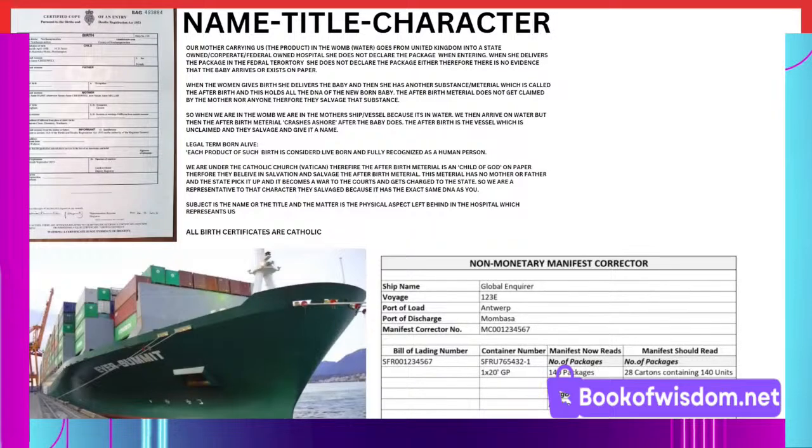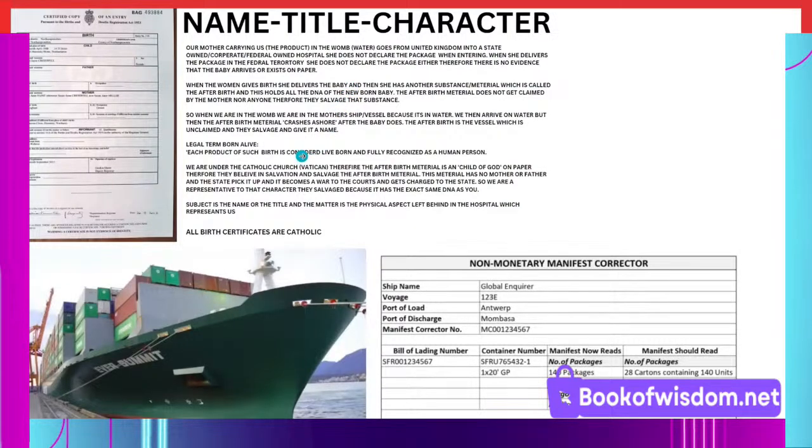And this certificate of manifest is also your birth certificate, because you are traveling through water when you are in the birth canal of your mother, because you are in water when you are in the womb. And you travel through the birth canal, and when you arrive, you get a certificate of manifest with the name, how many, the quantity, that's your birth certificate. Okay? And this is what it is.